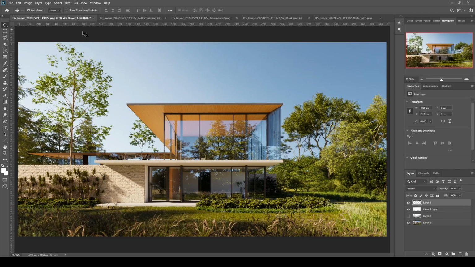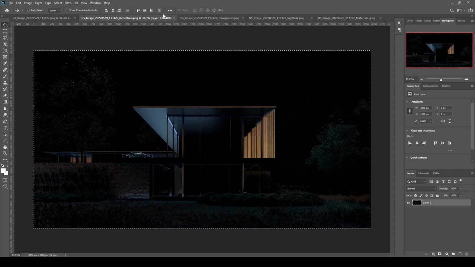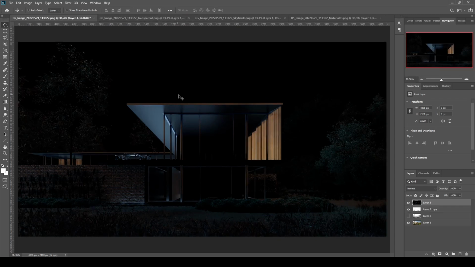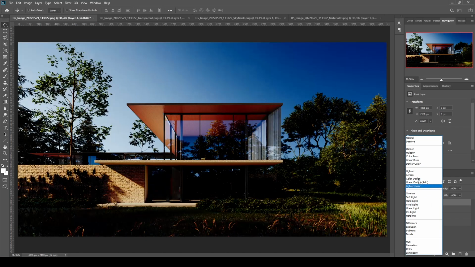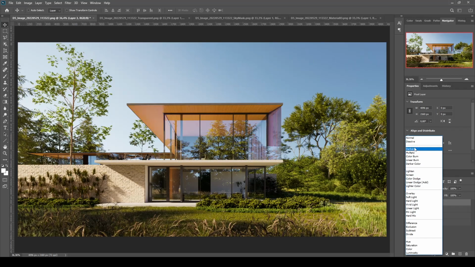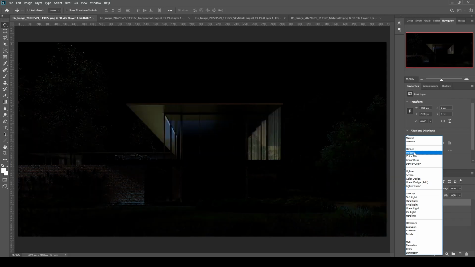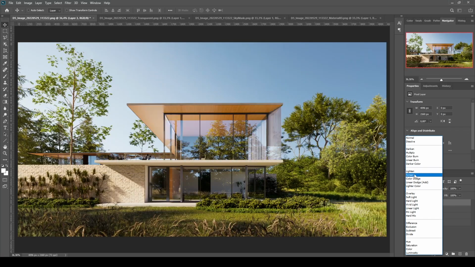Let's copy and paste here, and we can close this one also. For this layer we have lots of darkness here. For that reason we don't use these darken multiply settings. We use lighten, screen and their neighbor options.